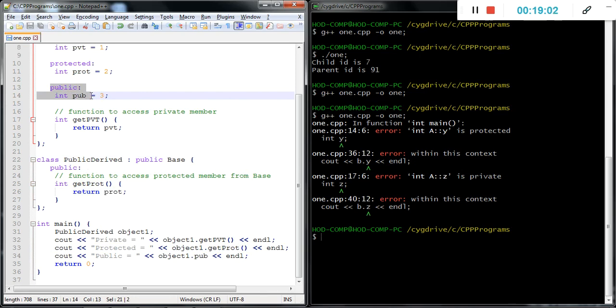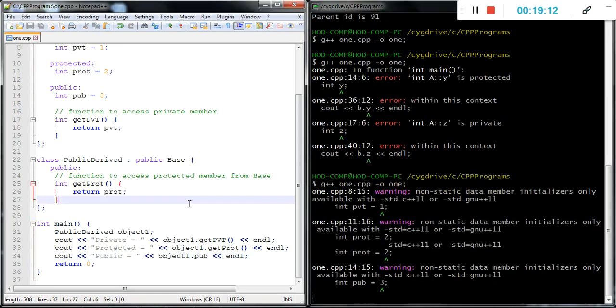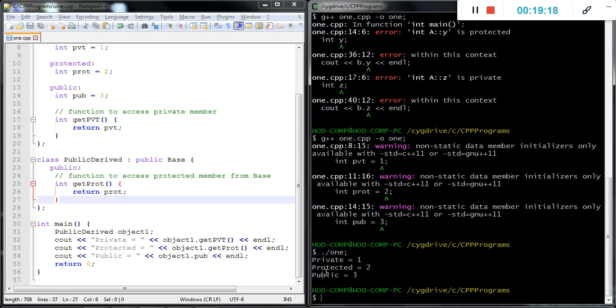Then this one is public, so we can directly access it under main as obj.pub. Okay, we will just compile this. It's a warning related to needing an advanced version. Then it prints private as 1, protected as 2 and public as 3.